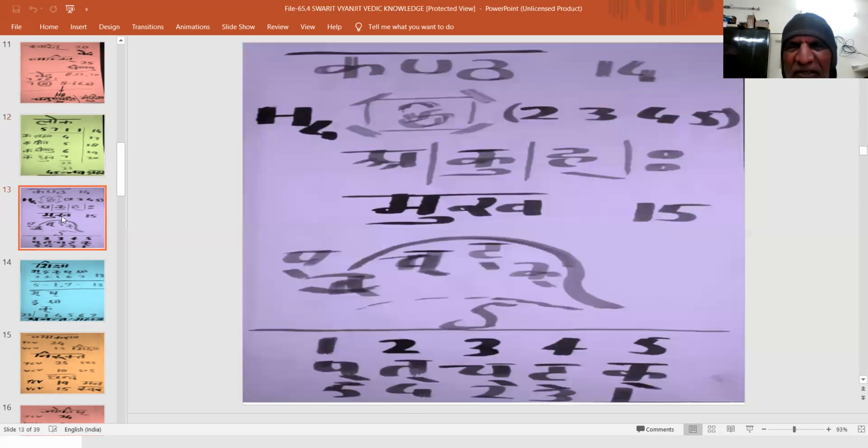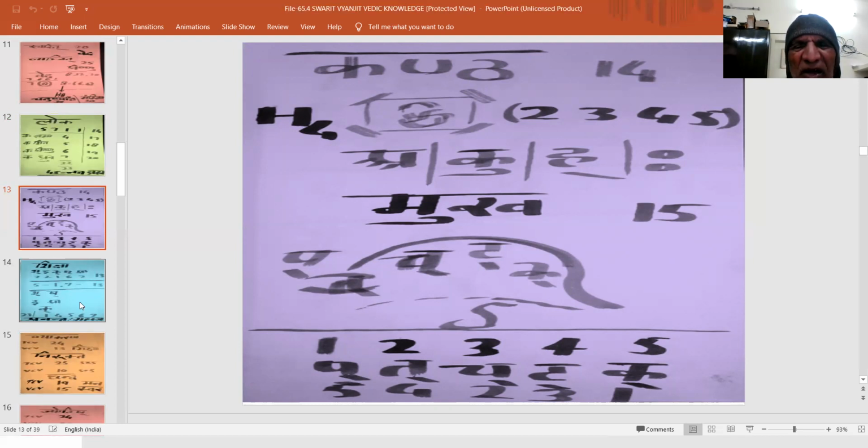It is by being parallel with it that we shall be appreciating the organization of Swarit and Vyanjit Sanskrit, pronounced, articulated by human mouth. The sequential organization format of 5 steps within mouth, from throat to ost.